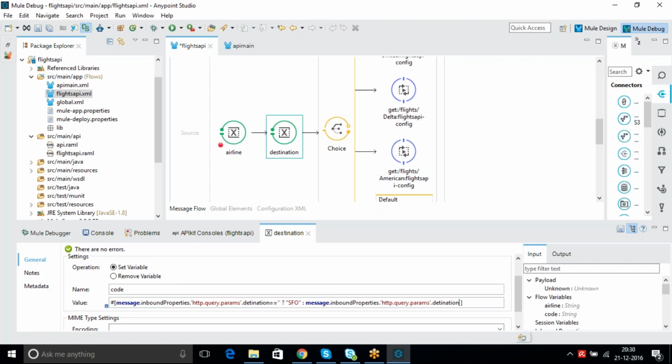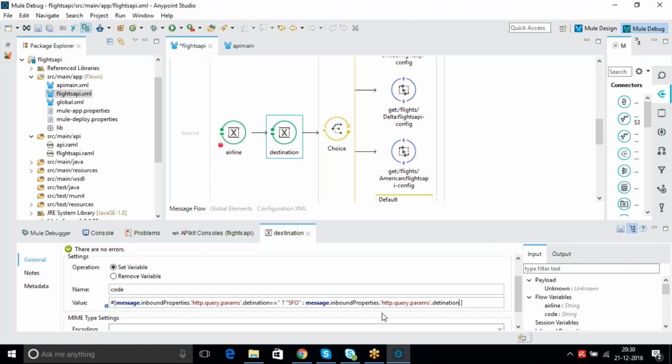So here we are setting that if the destination from the input, the query parameter, is not passed anything, you're saying set it as a default SFO and get the data from the backend system. If you are getting something from the front-end system, then take the same value and pass it. That is what we are trying.